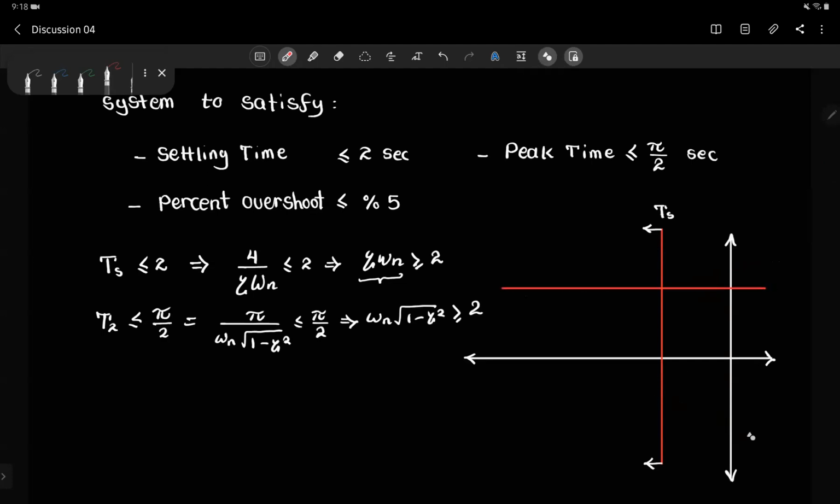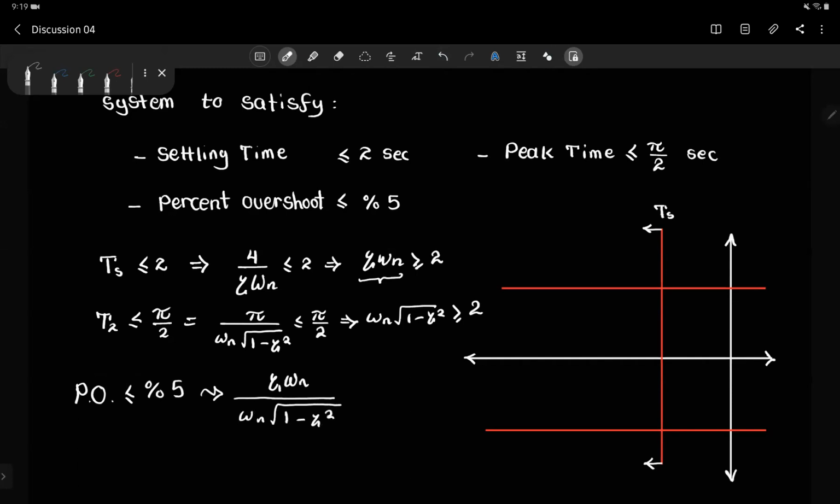Such that our poles must lie above this horizontal line. Right? And then finally, the percent overshoot to be less than 5%. This will constrain the ratio of the real to the imaginary part, so zeta omega n divided by omega n square root of 1 minus zeta square, right? We want this to be, actually, less than or equal to